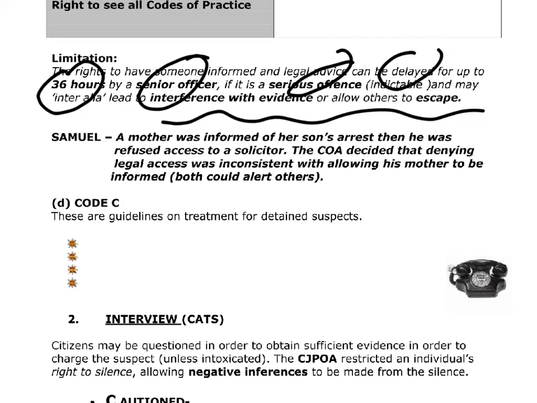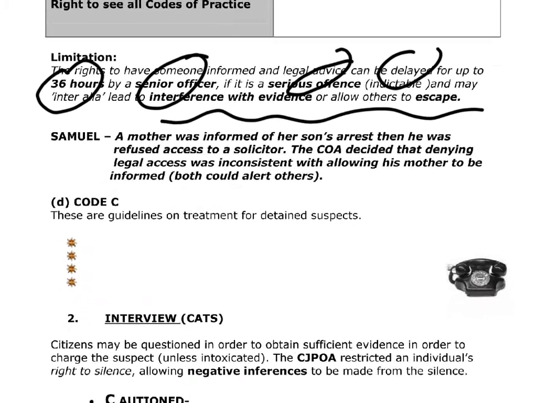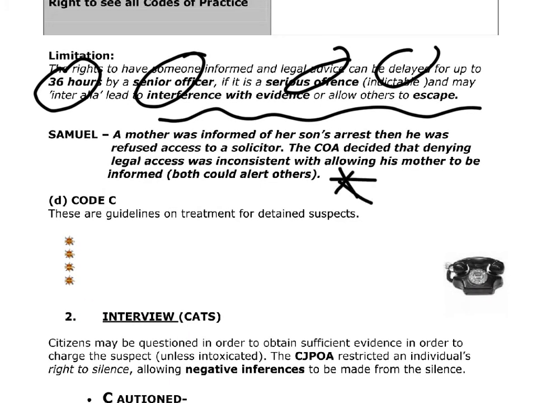So what you do need to do is either delay both or none, because in that instance where you're allowing 1, the other person could be alerted by them at the same time. So a solicitor could tell your parents, or your parents could ask for a solicitor. So they messed up here because they need to delay both rights or none. So just add at the side of this here, just that they need to delay both rights or they need to delay none of them.